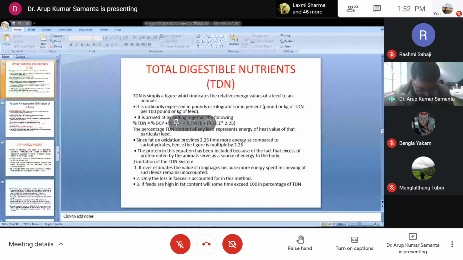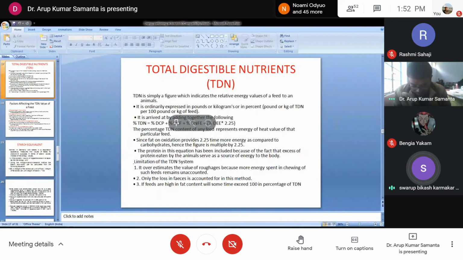Any idea? NFE, Sarup Vikas Karmakar. Yes, sir. Do you know what is NFE? Any idea? Yes, sir. What is this NFE? Whether this NFE is a carbohydrate, fat, or lipid, protein. Nitrogen fraction. You cannot remember it.